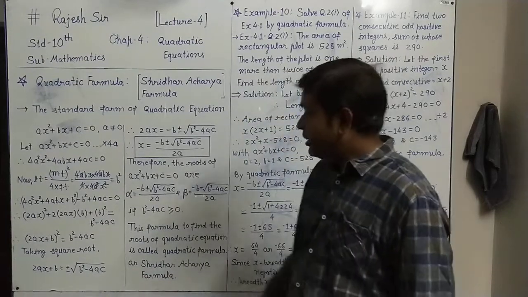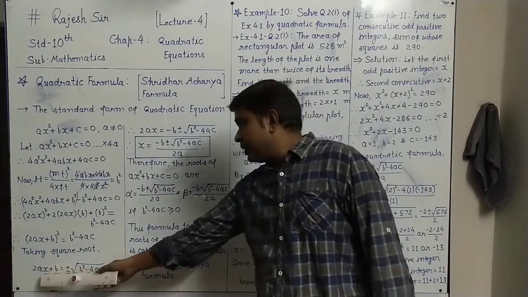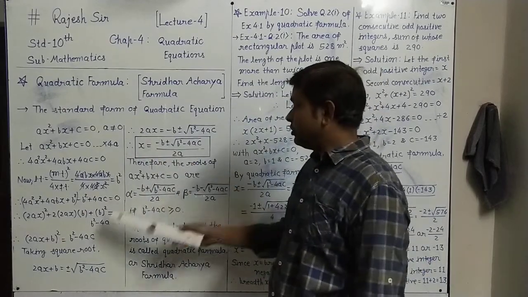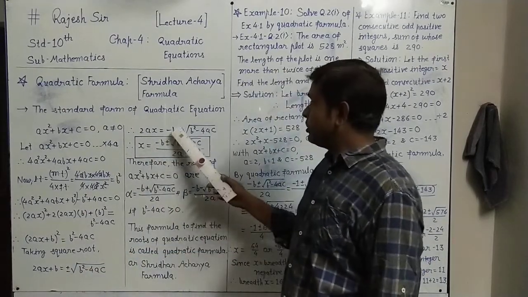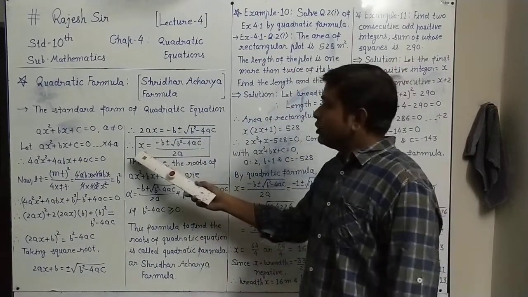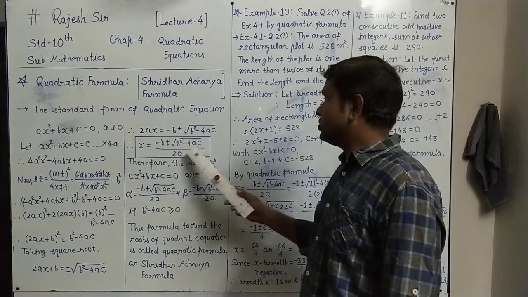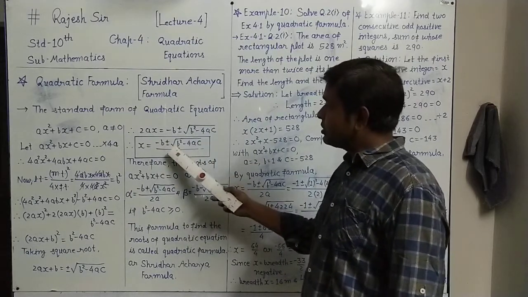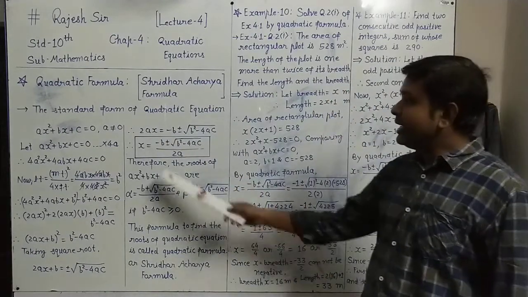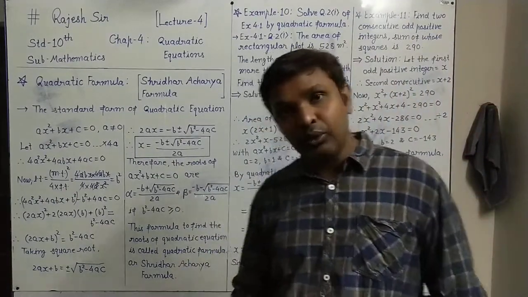Now to find the solution, that is, to find the value of x. From here, 2ax plus b, if you take b on the right side, it will be 2ax equals minus b plus or minus root of b square minus 4ac, as it is. Now from this, what is x equal to? This 2a is multiplied with x, so it will go down under this whole expression. So that is done here: x equals minus b plus or minus root of b square minus 4ac upon 2a. This is the value of x, and the value of x gives the solution of the equation.